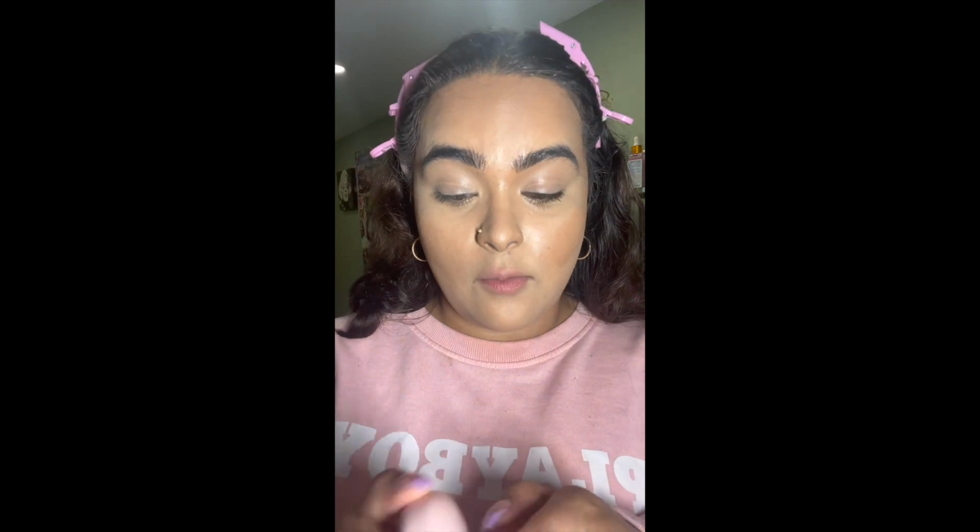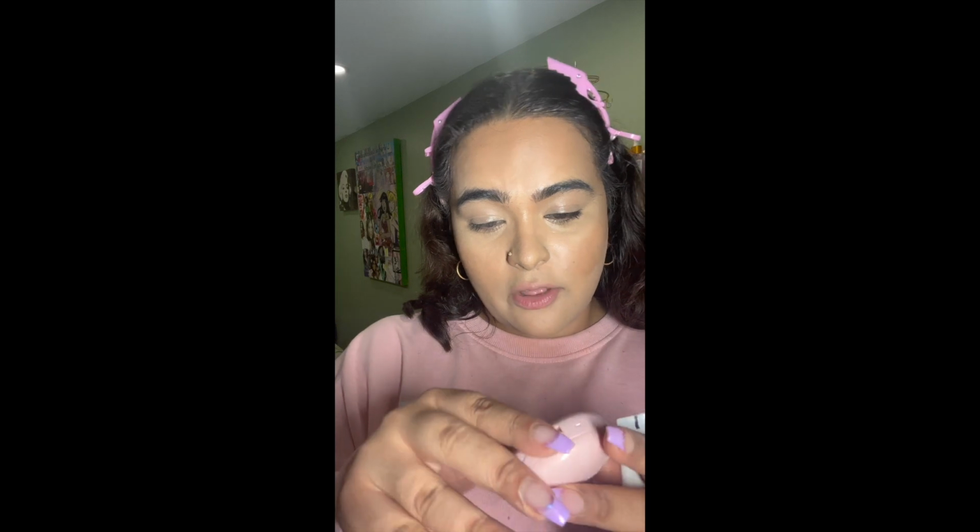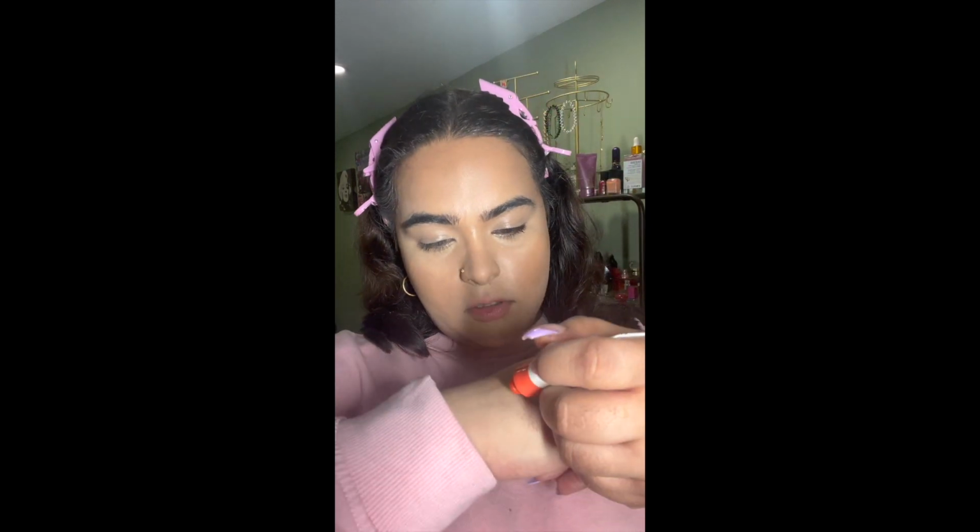You'll notice that we didn't put blush on yet, and for that I have a reason. I'm going to combine this Rare Beauty blush, the Melting Blush in the color Nearly Rose, and the Glossier Cloud Paint in the color Dot. Just placing the tiniest bit, that actually might be too much, on the back of my hand. I'm gonna use a finger to diffuse,